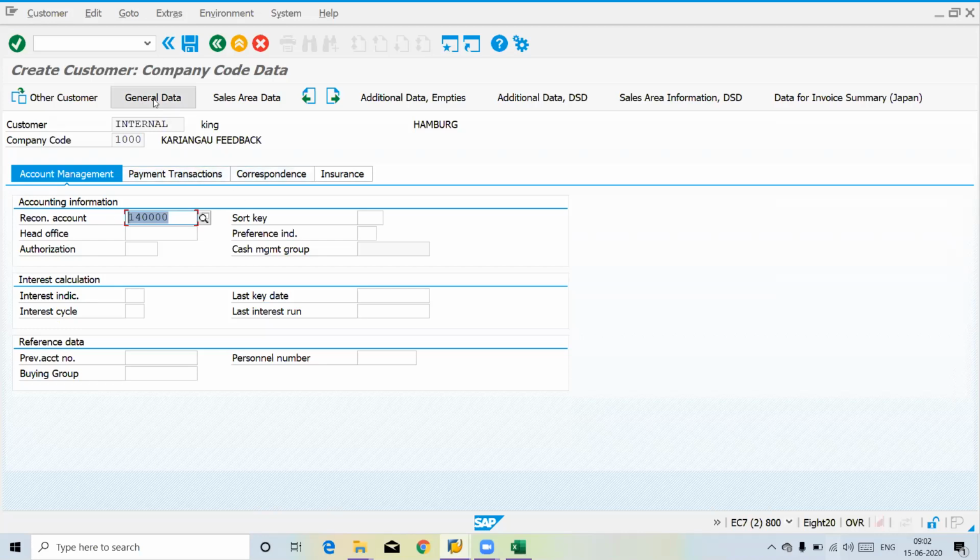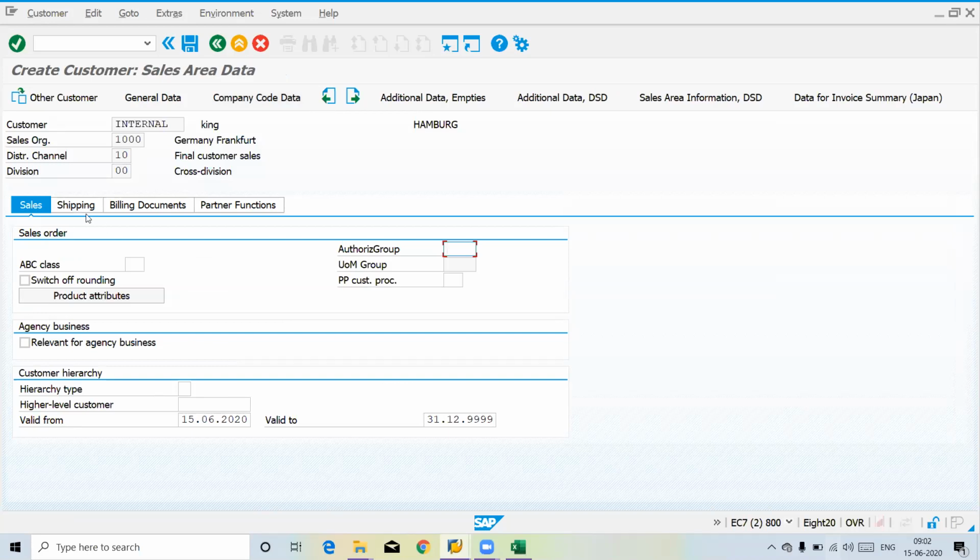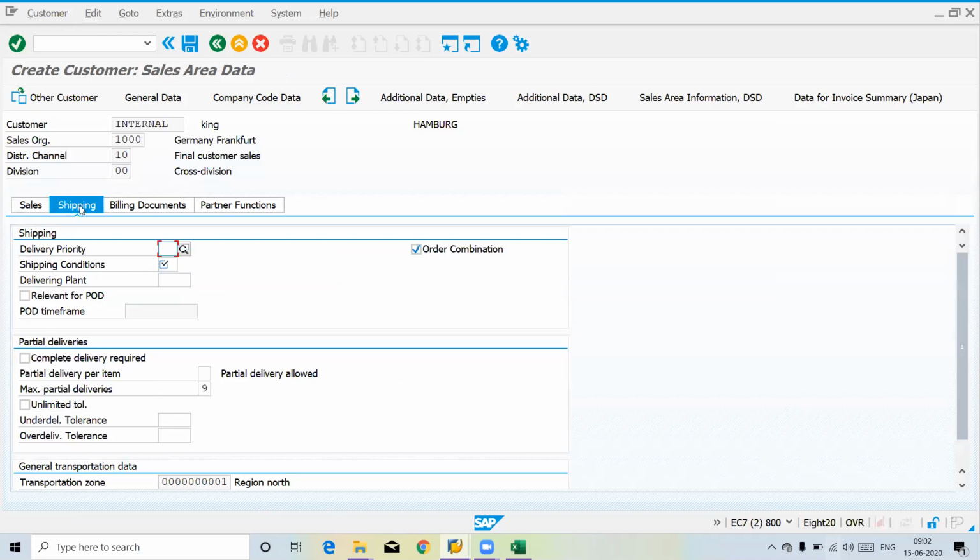Now you see, when you switch to general data, you can see your company code data and sales area data, right? But if you observe here, some fields are mandatory. If you see, this tick mark button is there. That means this field is mandatory. So when I try to save this, what is it saying?